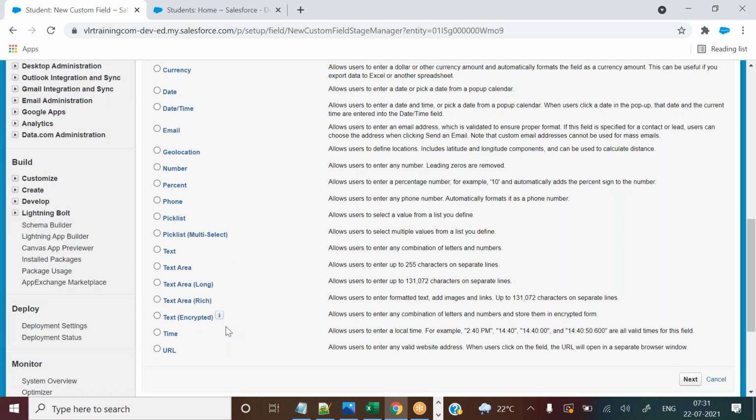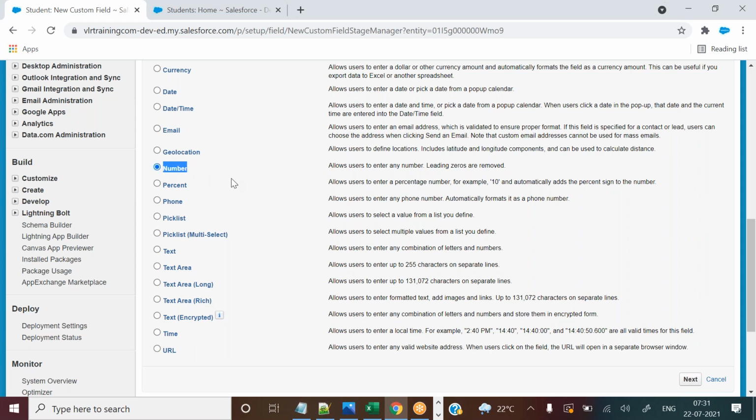Let's see, bank account, they want to store in a number. Generally a bank account is a number, right? So for some kind of number like a bank account, they can use integer. So the number data type is there if you want.